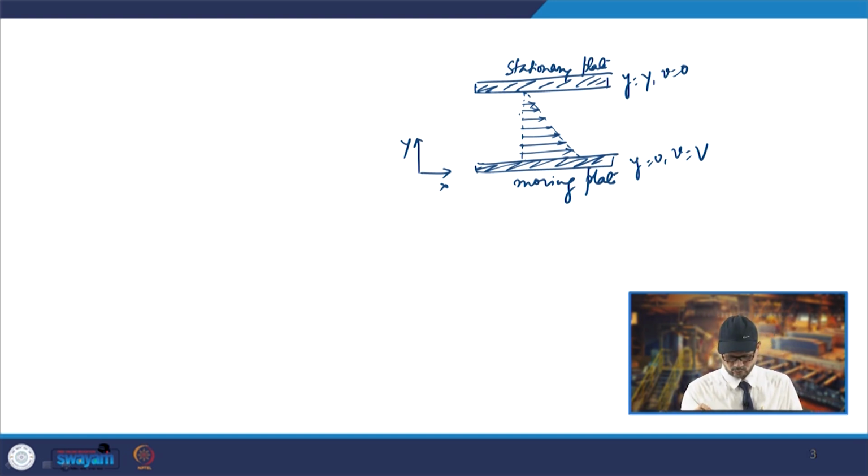Now, the lowermost fluid layer will be gradually transferring this momentum to the upper fluid layers, because the upper fluid layer, although it is in contact, will because of the movement be receiving this momentum. Initially there will be some unsteady kind of situation, and then after sufficient time you will have